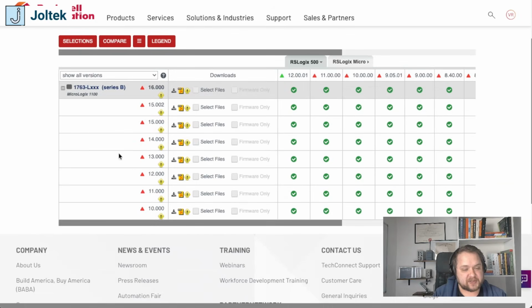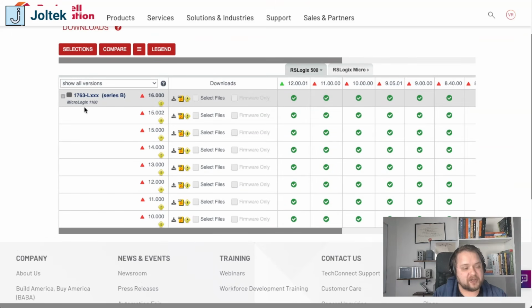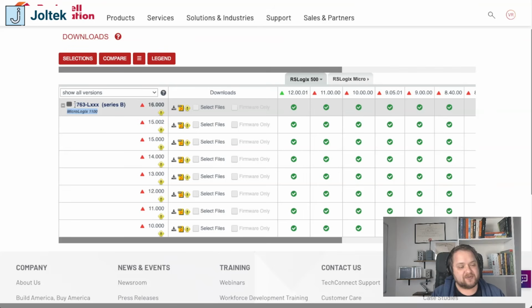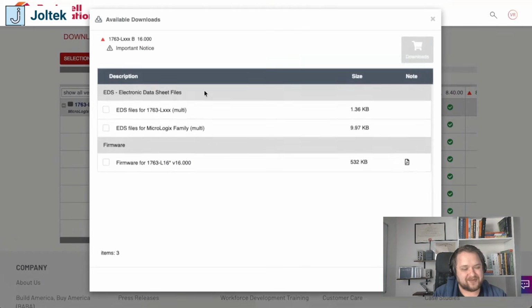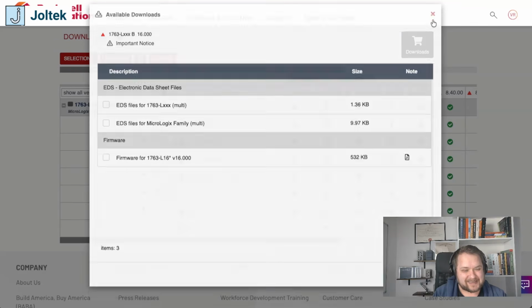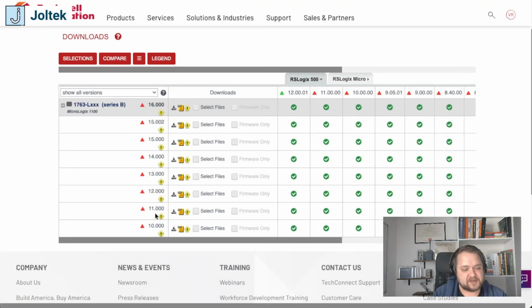And you will notice that there's going to be multiple different versions of the RSLogix 500 series, but they're also listed under the MicroLogix 1100 style PLC. The alternative way is to find this as the search item inside of the download center. This is where the trick comes in. You will notice that if we select the uppermost file, there's going to be no RSLogix or RSLinx or RSEmulate listed. What we need to navigate to is version